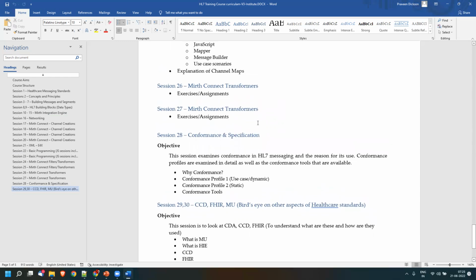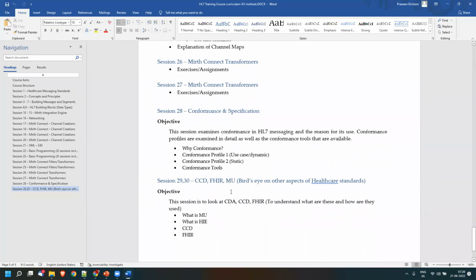By the time we complete Mirth, we would have completed most of the content of one of the chapters in certification. So we will see what are the chapters that are left over that we have to go through, and we'll be going in depth about conformance. What is conformance? What is message profiling? We'll talk about various aspects like what is constrainable profiles, what is conformant profile, non-conformant profile, and various things about